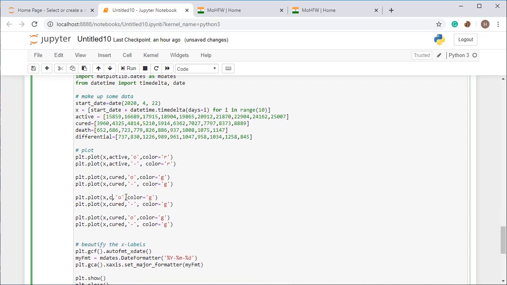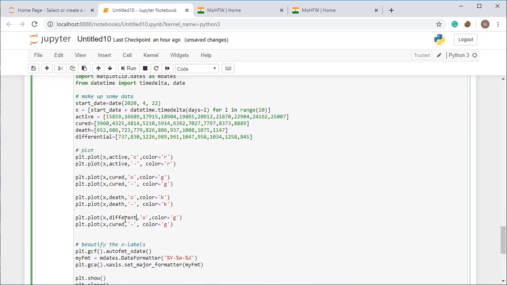Now I'm going to plot the depth. For depth I am defining color as blue, or just use black for depth. For black, what we have to use is K. So set it to K and put it here, depth at the place of keyword, and replace keyword with differential.